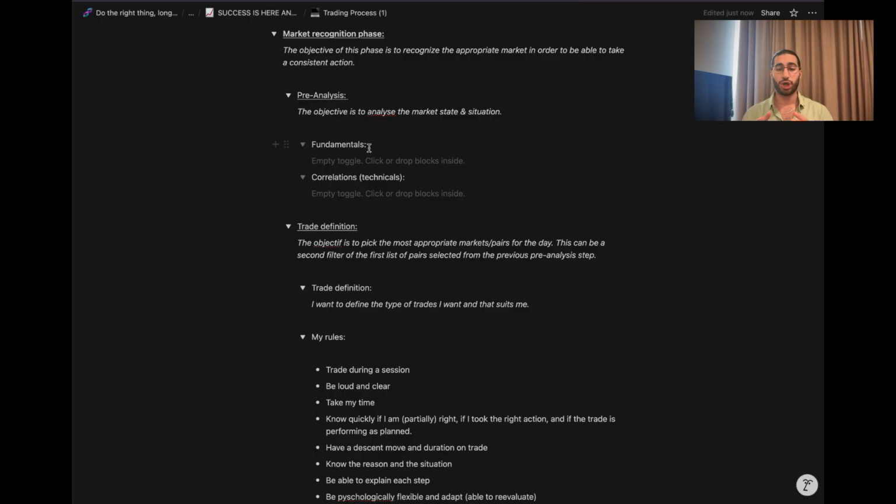So it's in two phases. So I always start with the fundamentals. I see, okay, so here are the numbers that we had previously, and we will be having some kind of release today at market open or after market open. And once I recognize that, I always correlate it with the chart. Once I read the chart, I read the trend in the chart, and like David Paul used to say, rest in peace, he used to say the fundamentals are basically used to see the overall state of the market.